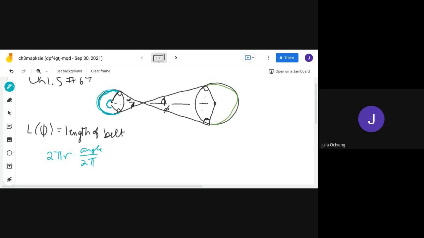Well, they told us that this is phi over here. And if that's phi, well, these three angles have to add up to 180 because it's a triangle. So if I can just erase that little spot there. Because this is a right triangle, and a right triangle has a 90-degree angle, and then a phi angle, that last angle has to add up to 180. So to find that last angle, I'm going to subtract 90 and subtract phi from both sides. And that means my angle that I'm looking for, this question mark angle over here,